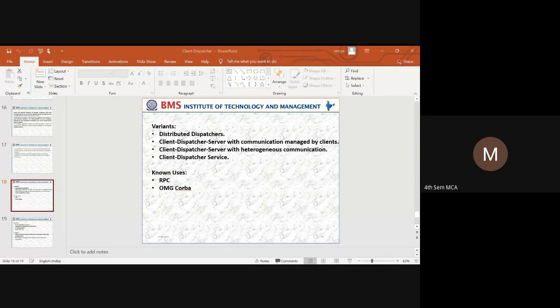The client has to use that particular mechanism to establish a communication channel between the client and the server. So the dispatcher will identify what type of communication is there, then it will establish the channel using the communication facility specified by the server.